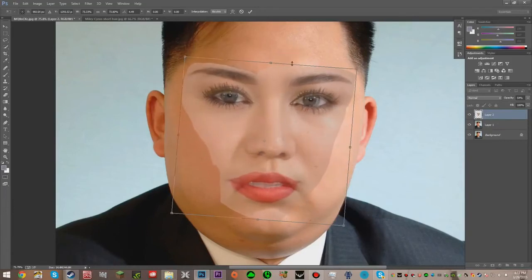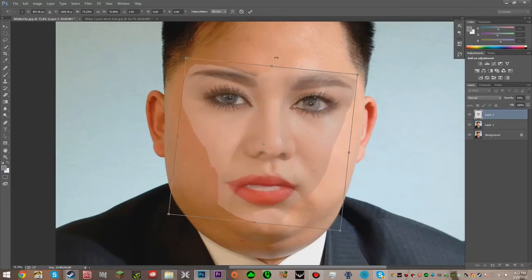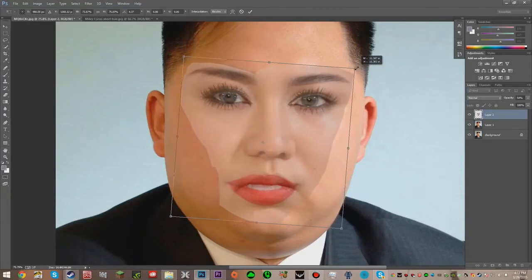This may be taking a little time, but it's going to be worth it in the end. So that looks fine. So what I'm going to do is hit OK, or Enter, and